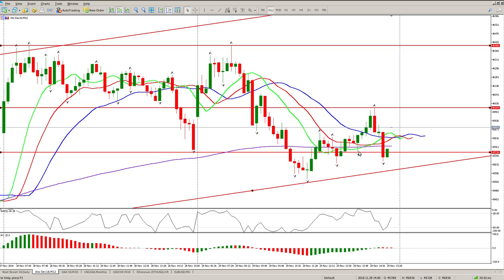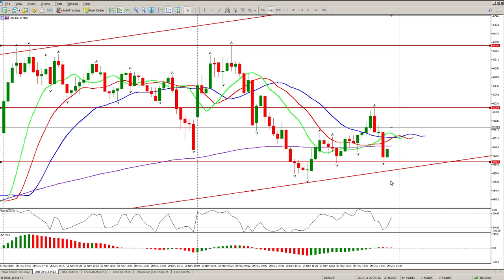Okay, so the other thing is that this break was below the alligator. So I think that's pretty much the level to watch, and you can actually just adjust it to there. Those are your two levels to watch. So you want to see what happens with 45,667 to the downside and 46,010 to the upside. Okay, just bear in mind that we do have this diagonal trend line, and it seems